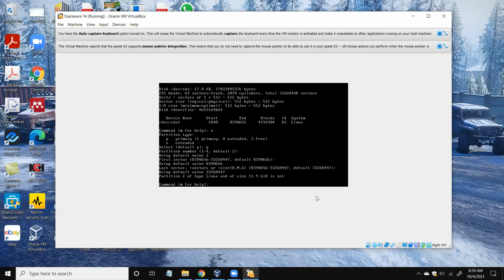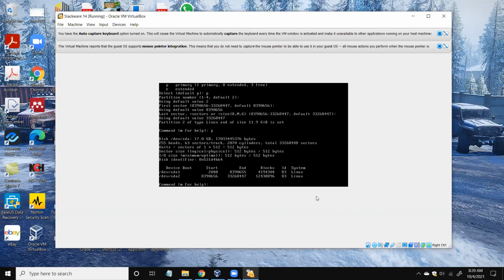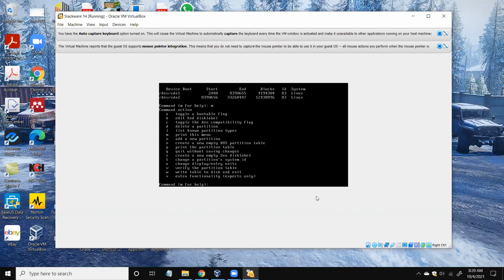I will press P and check the partitions. Now you can see we have created 2 partitions. We need Linux partitions, but the first partition should be a Linux swap partition. So let's see how to change the partition system or the file system.